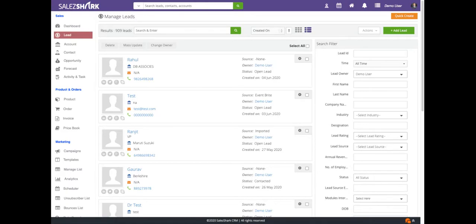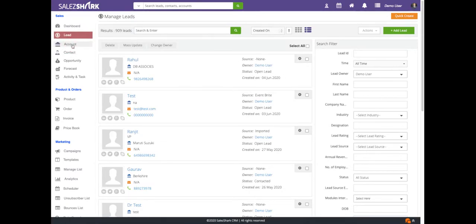Okay, so if you have leads coming from all possible sources, be it online or offline, you can manage all the leads at one place. That is called the lead module. Here you can manually create the leads or you can import the leads from your Excel file. Also, you can integrate your web pages or Facebook pages with this CRM and you can get all those leads at this place itself.